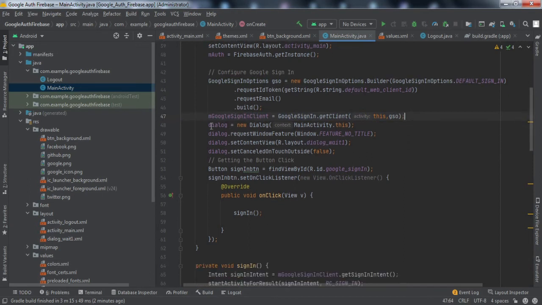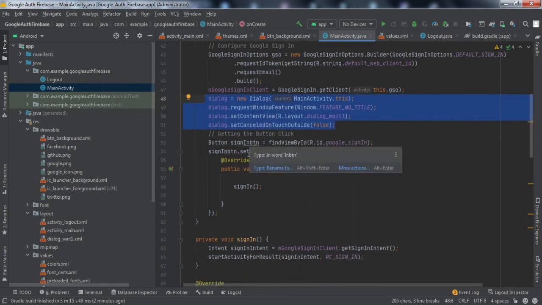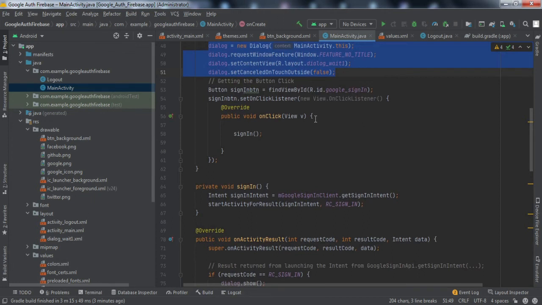After that, this is just a dialog. I've just made a dialog object, and in this I've just set some attributes. I haven't shown the dialog yet. So don't worry about it. I have already made a custom progress bar tutorial in depth. I'll be putting all the related video links in the description, so at the end you can check out those tutorials if you want to, right? We'll not discuss this because we have already made a tutorial on this, right?